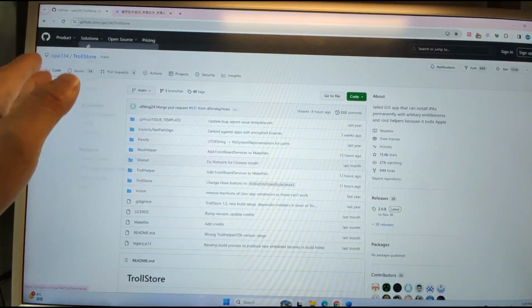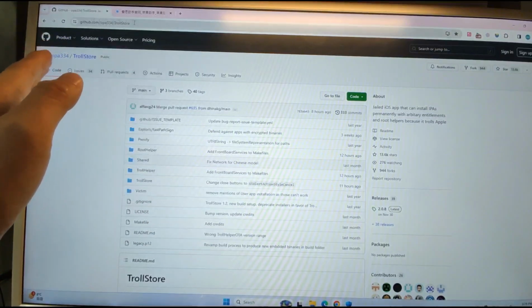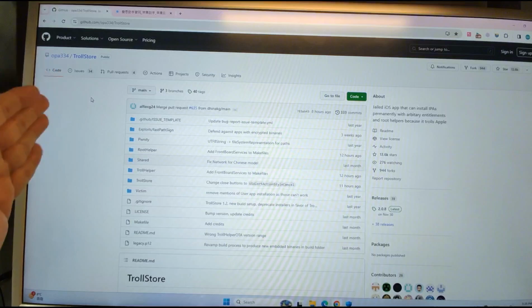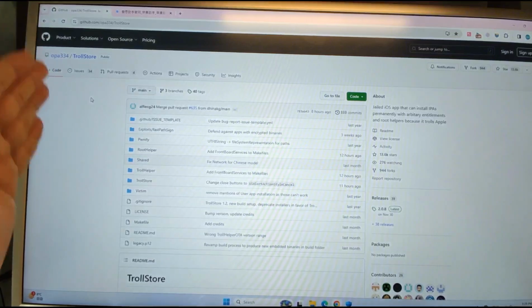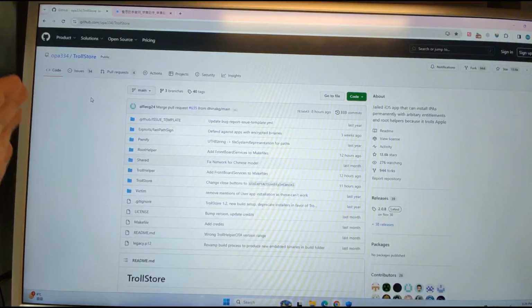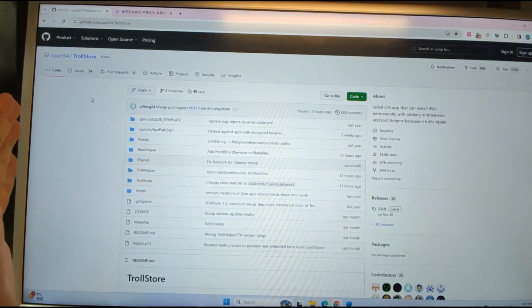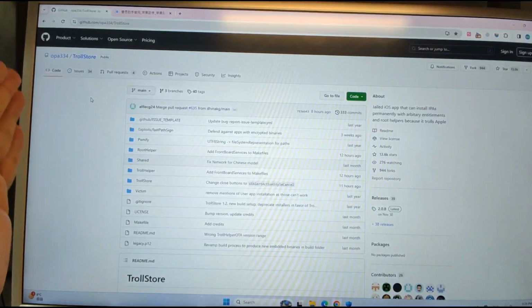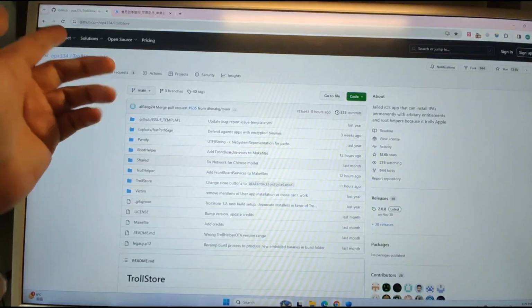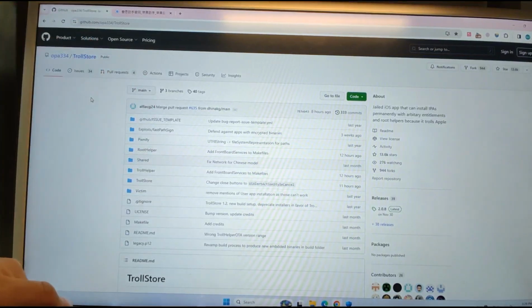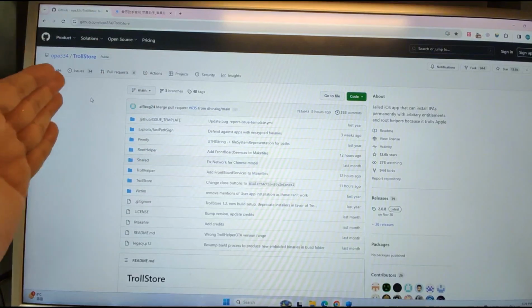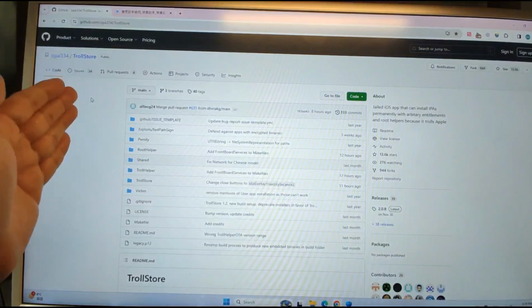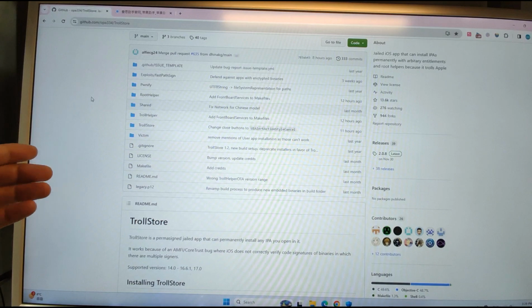First, I will open this GitHub official website of the TrollStore. Yeah, this expert developed TrollStore for us to sideload apps permanently. Thanks to this expert, opa334. Yes, thanks for his effort. Okay, I will put this web link down below in the video description. Then you can open the web link, and after you open it, you just scroll down